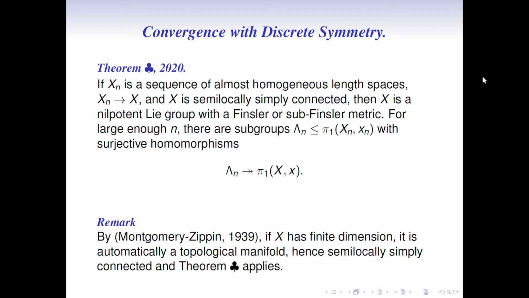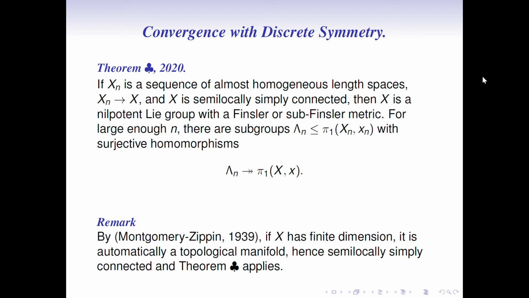I also want to point out that by the Montgomery-Zippin solution to Hilbert's fifth problem, we can replace the semi-local simple connectedness hypothesis by the assumption that X has finite topological dimension. From now on, I will talk mostly about the proof of this theorem. The proof splits into two parts. First, proving that X, the limit space, is a nilpotent Lie group, and then proving the lower semi-continuity of the